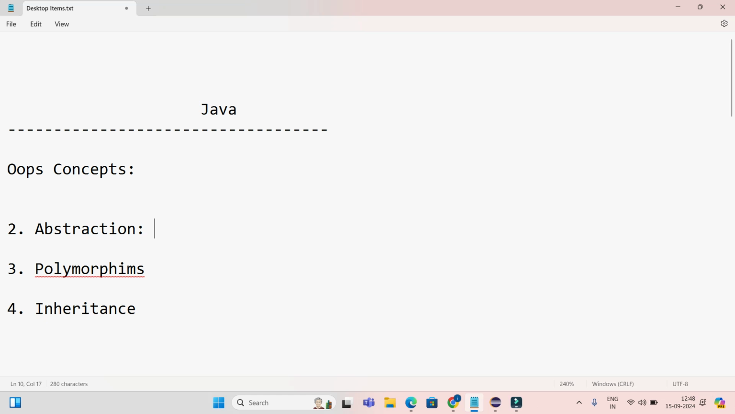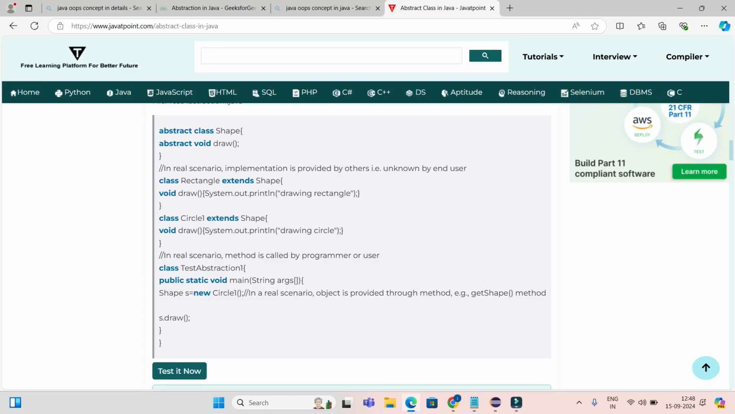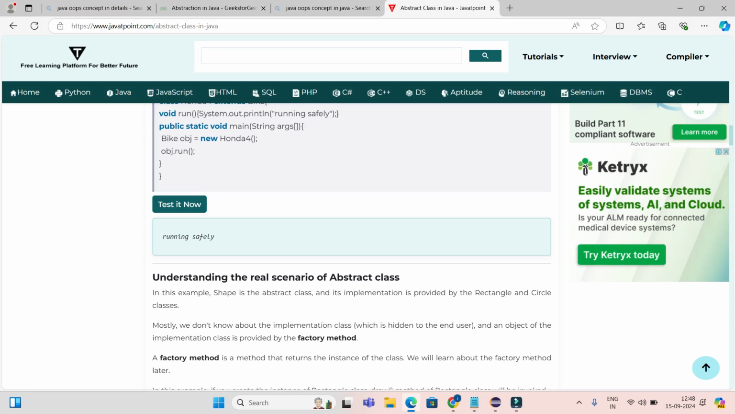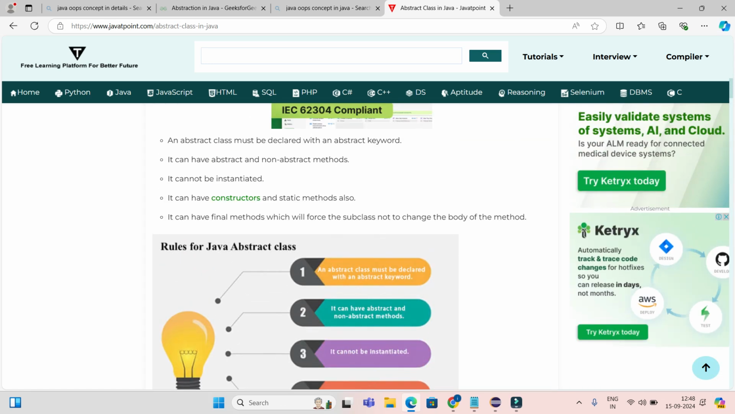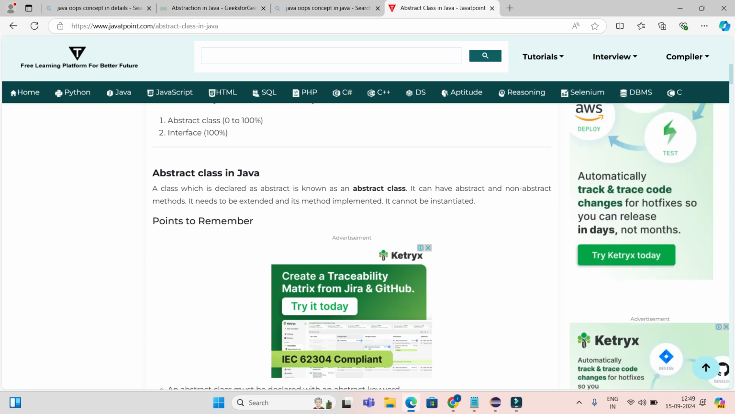So, in today's topic, I'm going to talk about abstraction. That's the second pillar of the object oriented concept. So, what is abstraction? I'll just go to the definition. If you go to the definition here, so if you go to the abstraction,